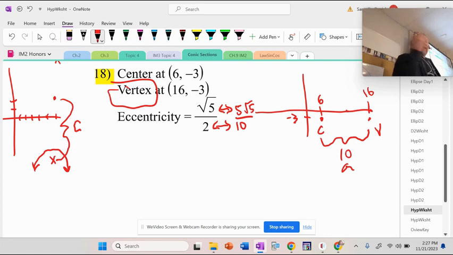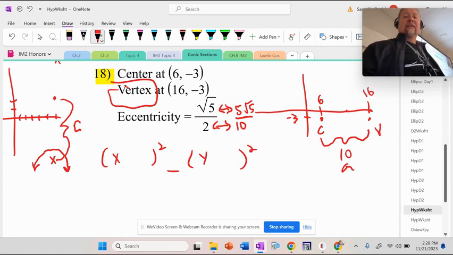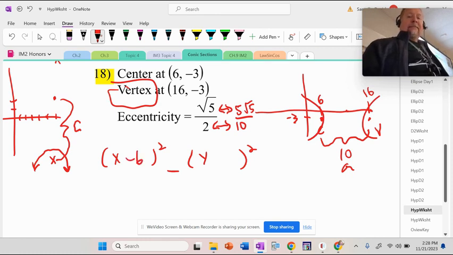And then which way does this go? Is it right, left, or is it up, down? Finally, our first right lefter of the day. So it's x squared minus y squared. Come on, these are vertices. So the graph has to go like this. X minus 6, y plus 3, and I already have 10 squared. I already have 3 things just by graphing this.